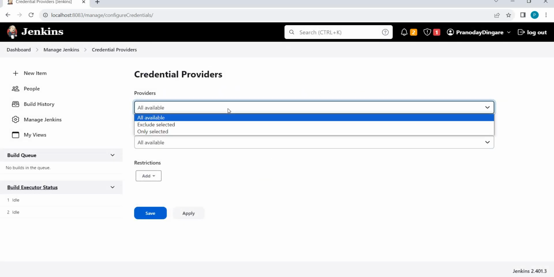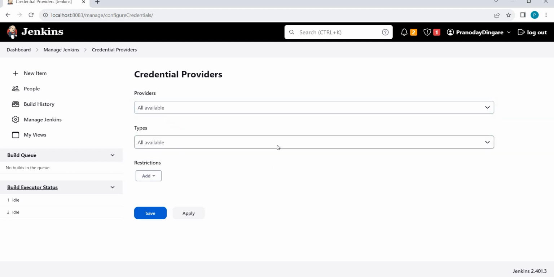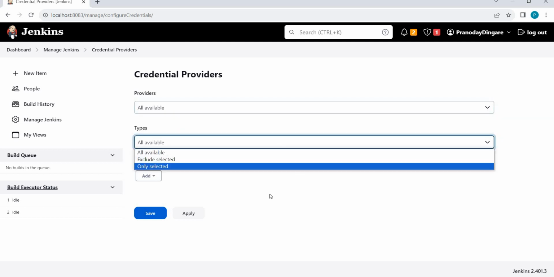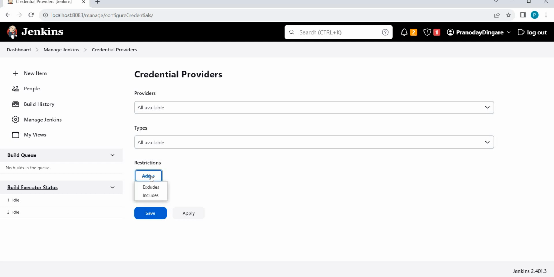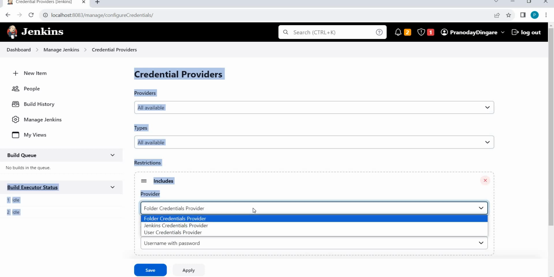Basically, if you check this and click add, just a minute, here you can add the provider. Provider means